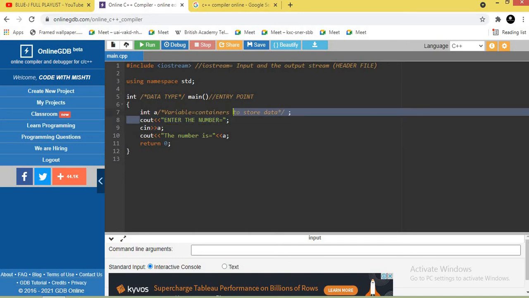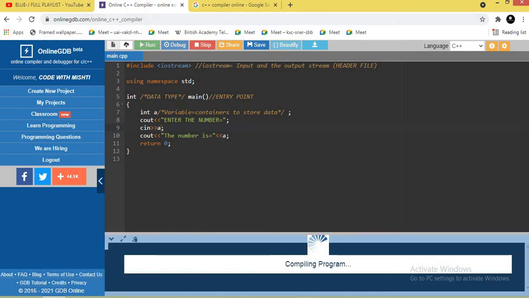So cout is here. In the cout I have written "Enter the number =" with an equal to sign, so that it becomes very clear. So first this statement will appear to the user, asking the user to enter the number. And after that I have written cin. That means I have just entered the container where the data entered by the user will be stored. So if I just run it,